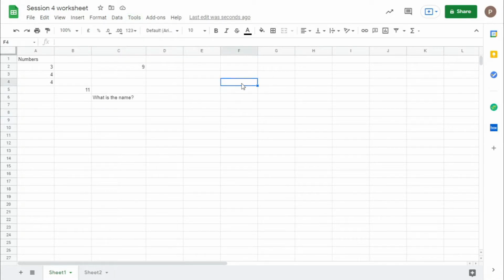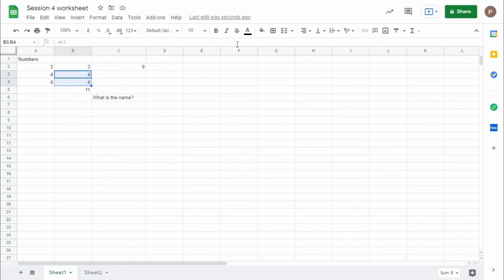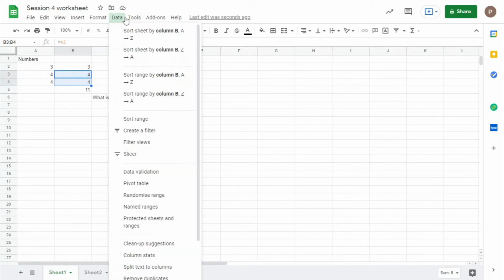Enable autocomplete is basically for when you are doing operations, let's say I am giving reference to this cell A2. If autocomplete is enabled, it directly completes whatever you do. If there is a large data set, it directly fills all these values. If enable autocomplete is on, it will make sure that you don't have to copy every time you do this.